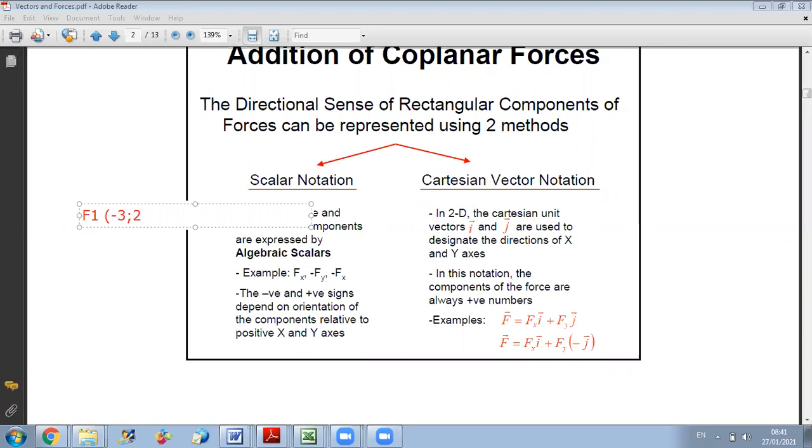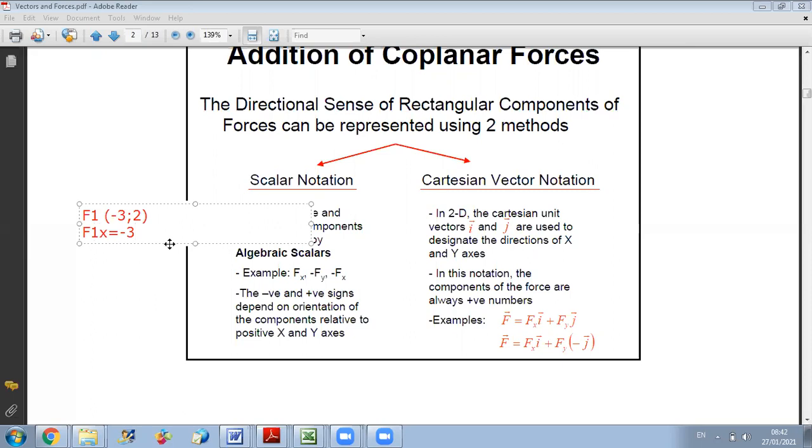So vector f1 is equal, I can give it like this, -3 and 2. This automatically means that the x component is negative, so I have a projection on x of -3 and a projection on y equal to +2. Of course, the negative or positive sign depends on the orientation of the components relative to xy. So when I put f1x equals -3,